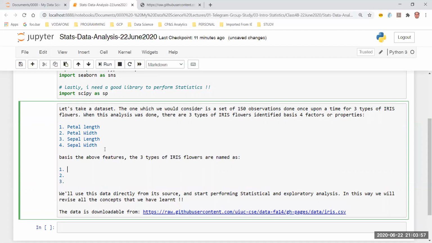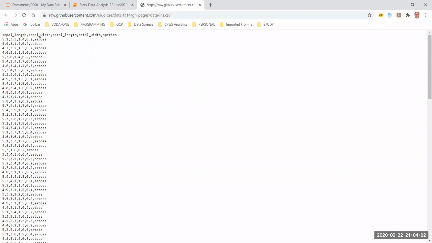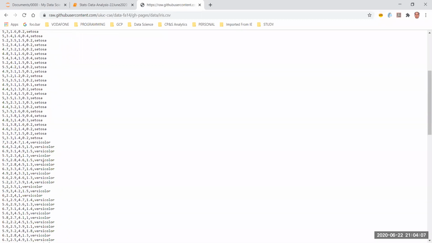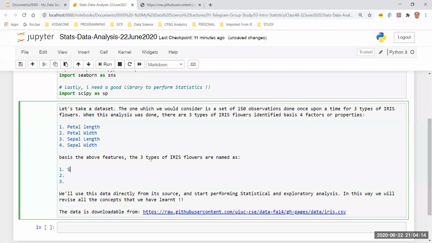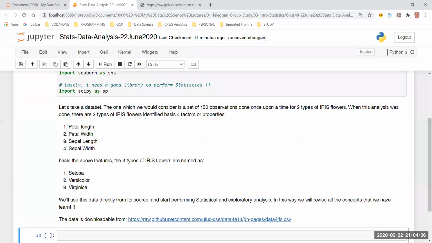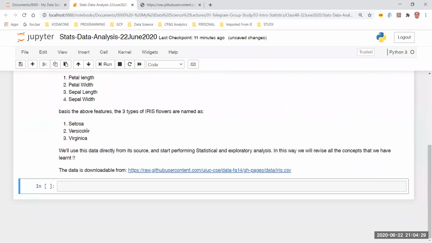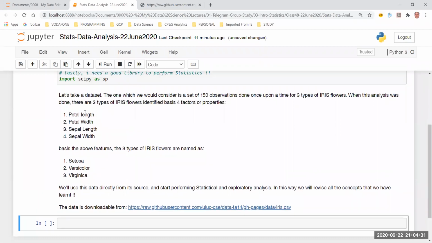So the names of the 3 types of flowers given by the people are: one is the setosa type, the other is versicolor, and the third is known as virginica, right? So setosa is one type, versicolor is one type, and virginica is another type. I think this will be I, right? So these are the 3 types of iris flowers.